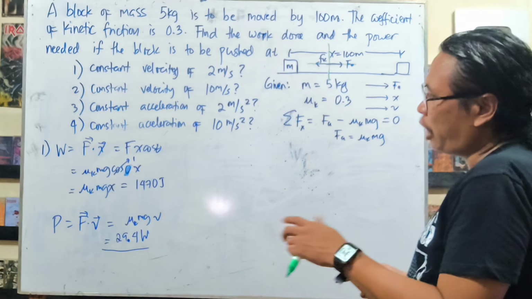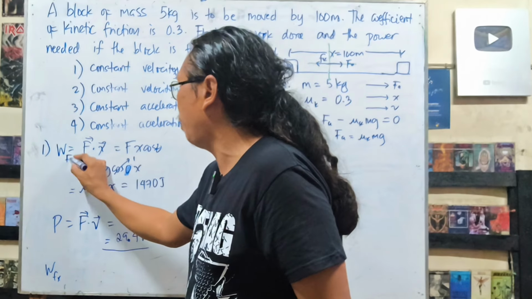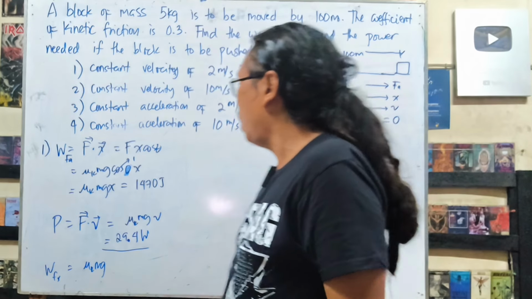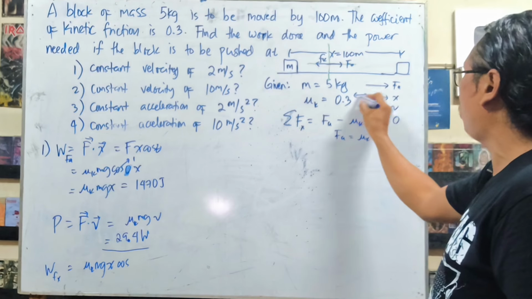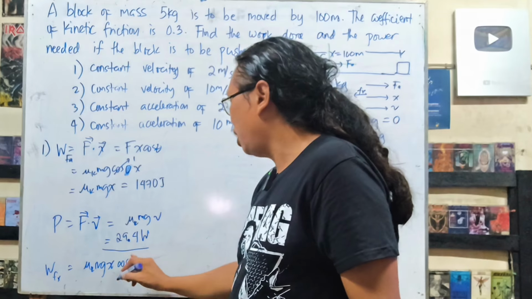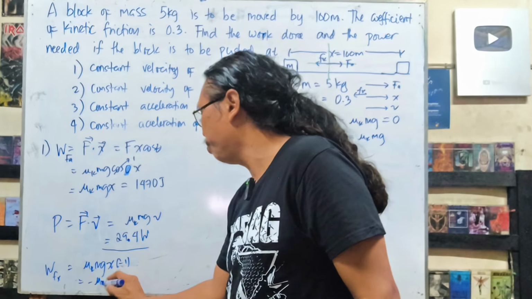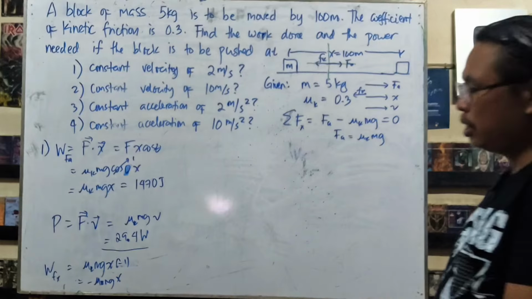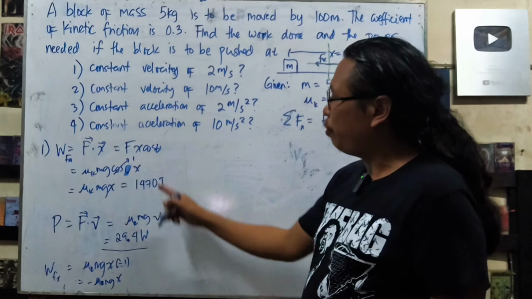Now, as I've said, we calculate the work done by friction. This is the work done by Fx, the applied force. This is what's the friction. This is just, again, mu k mg and x. But the angle right here is, we know that friction is going the other way around. This is kinetic friction. So this is now cosine of pi, or 180, and this is just negative 1. So as you can see, this is just minus mu k mg x. That's the work done by friction. Now, the total work done, if you add the two, is 0.